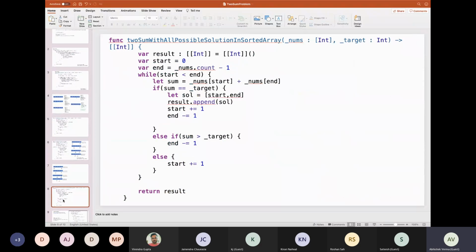Okay, similar to what we did, we had stopped at that particular position where we got one solution. Here we will just be appending to the result if we get any solution which matches the target. So we will be getting multiple indexes for which we get the target as a sum. This is very similar to what we discussed previously, but this is just in case somebody asks you to return all the results, then we will be returning this.